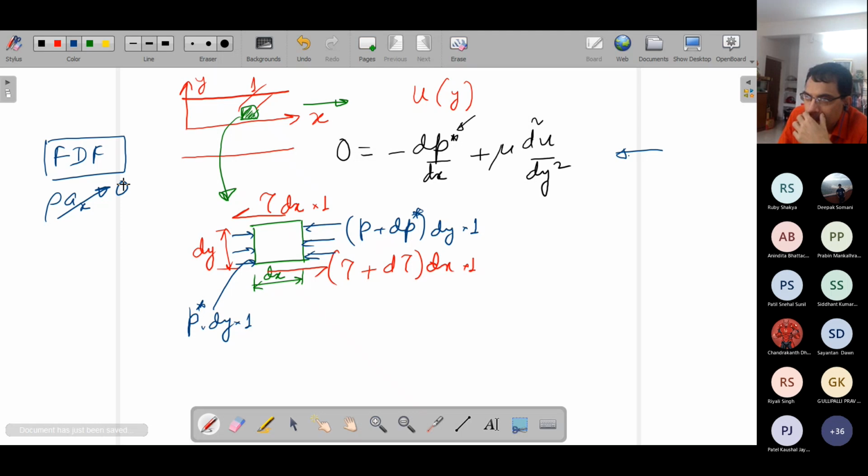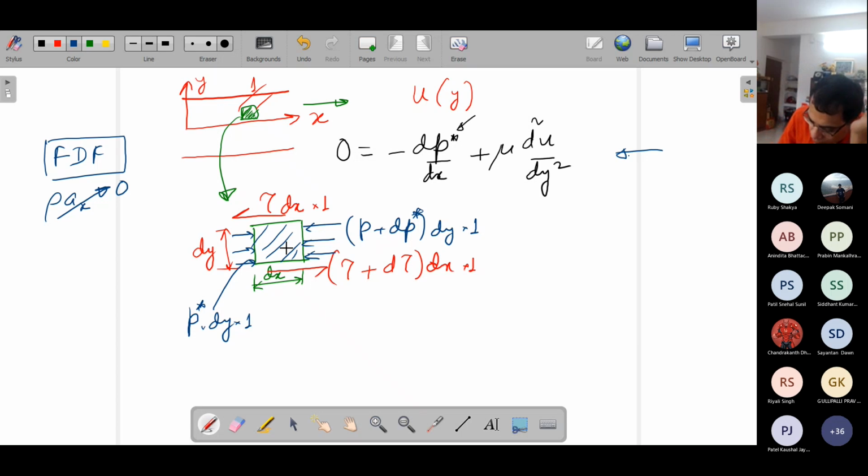So if it is 0, that means that all the forces are balanced, because if the forces are not balanced in the x direction, there will be a net acceleration. This is very straightforward. So all the forces are balanced. That means it is virtually like a fluid statics. So you have to keep in mind that any material body, here the material body is a fluid element, which is non-accelerating will have all the forces balanced. It doesn't necessarily have to be static. It could also be in uniform motion.